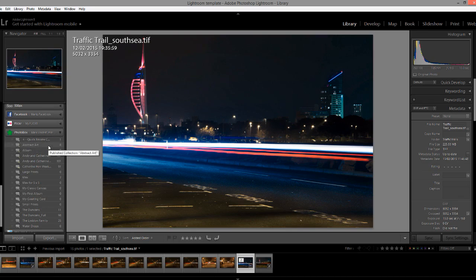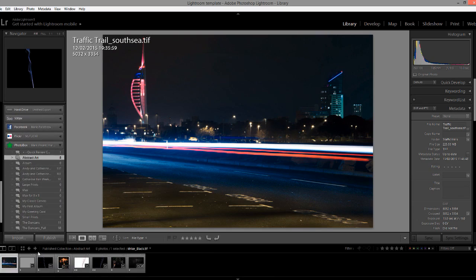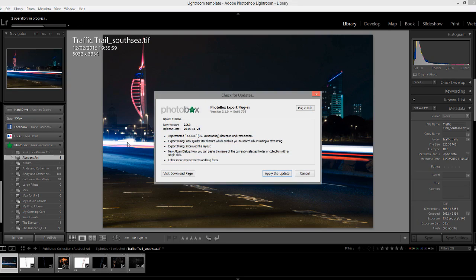So let's put it in there as an abstract. It automatically goes in there, and all then I would do is make sure it's in there, and it'll even tell me which pictures are already in there, as you can see, and all I'm clicking then is publish. Now with my predefined settings for Photobox,